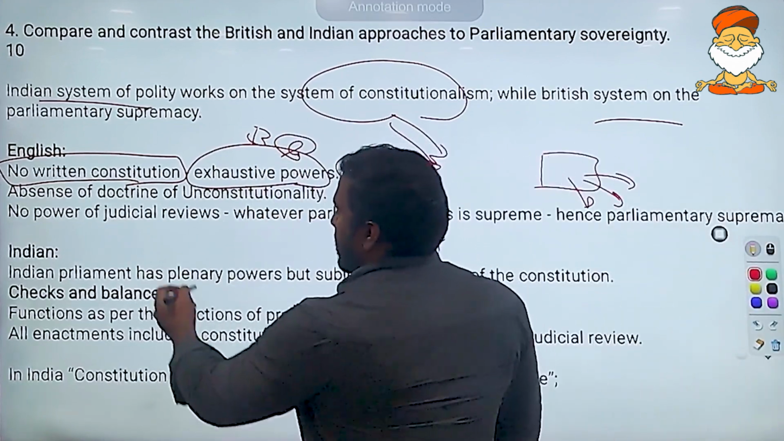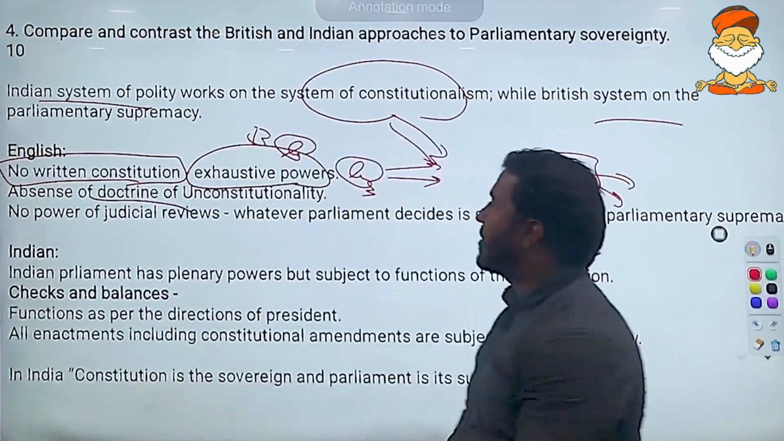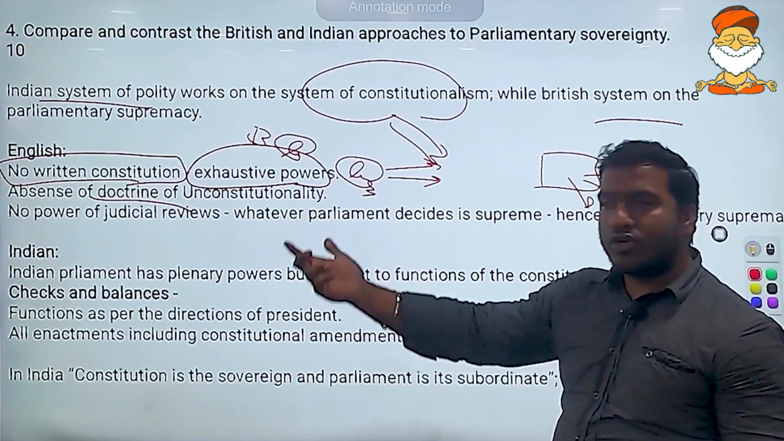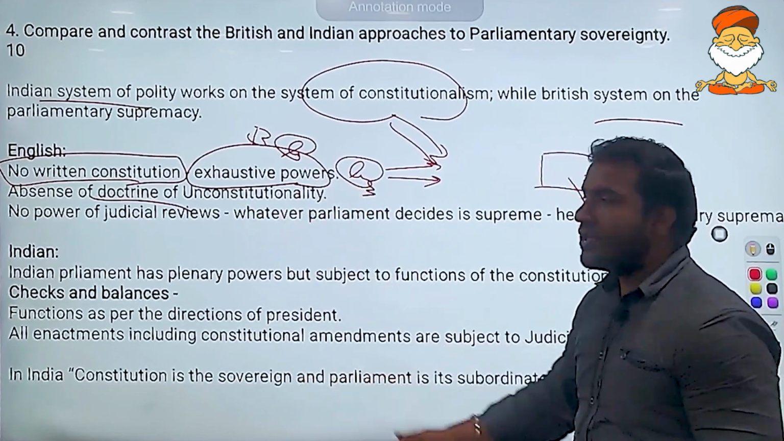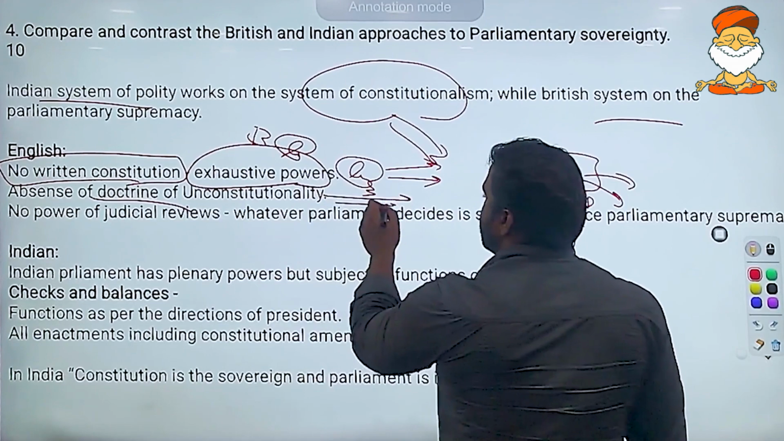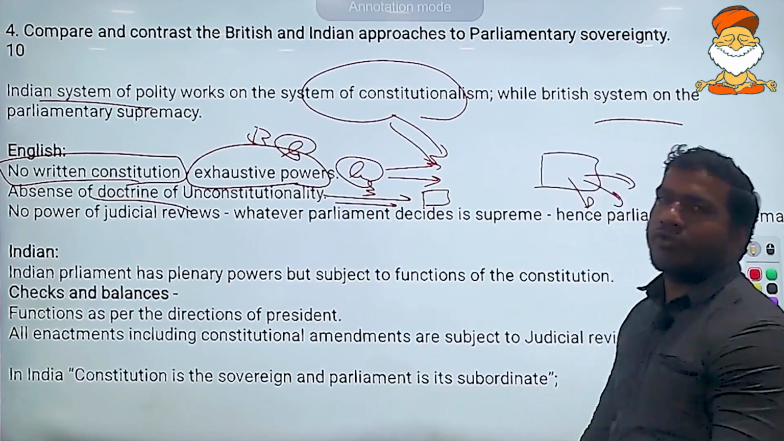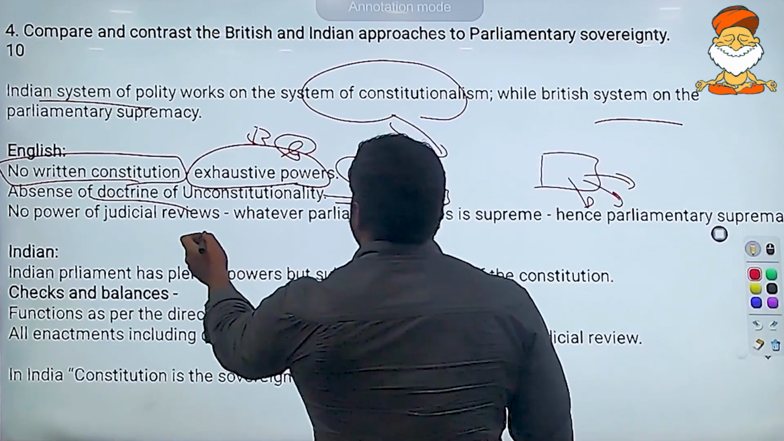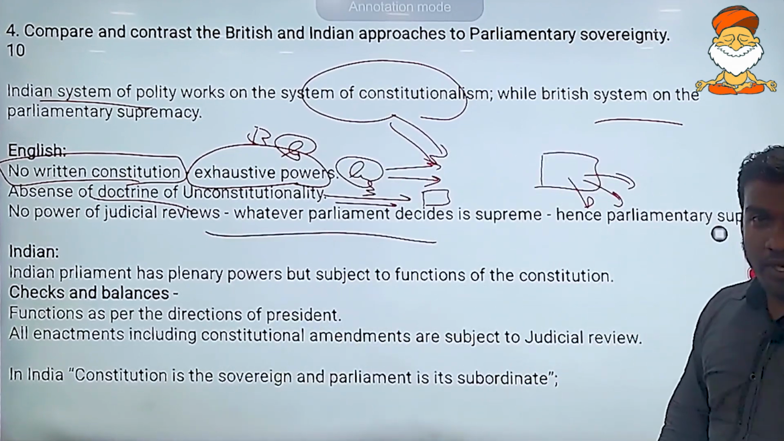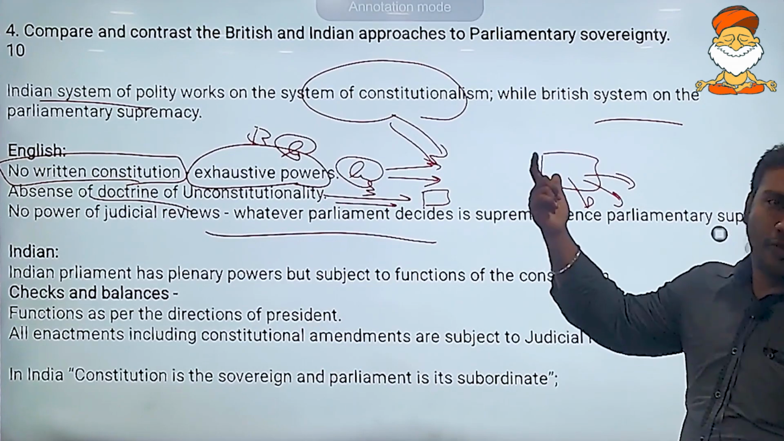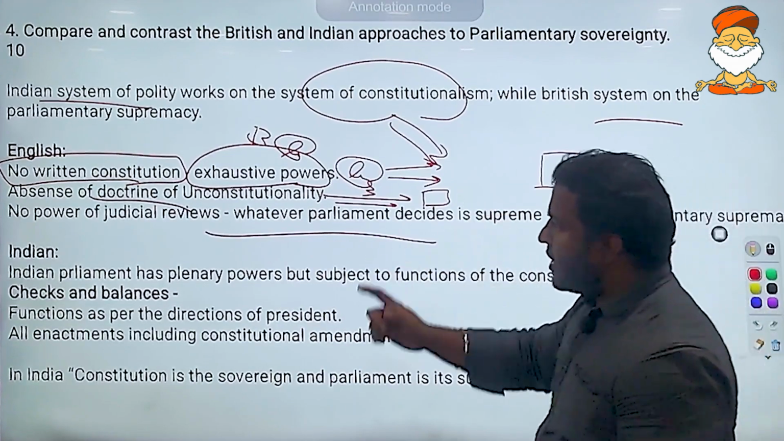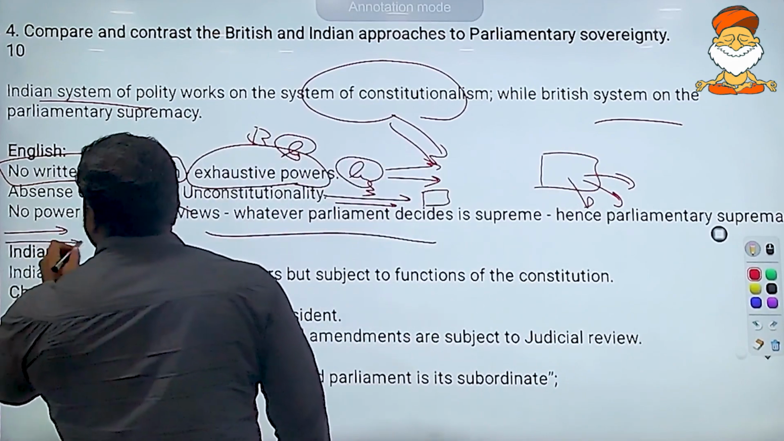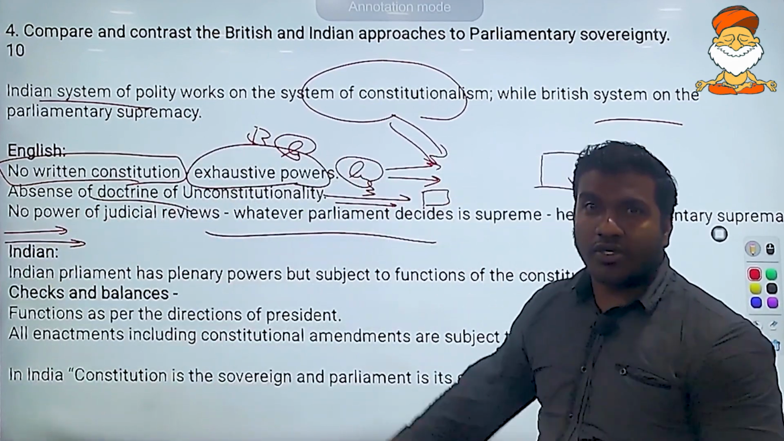Then absence of doctrine of unconstitutionality. If any law violates the constitution, there is no constitution in the first place. At the same time, there is no one to say that this document is unconstitutional or void. So there is no power of judicial review at all. So whatever parliament decides is supreme. Hence, parliamentary supremacy. And here you can give a counter argument saying that although there is no judicial review or unconstitutionality,